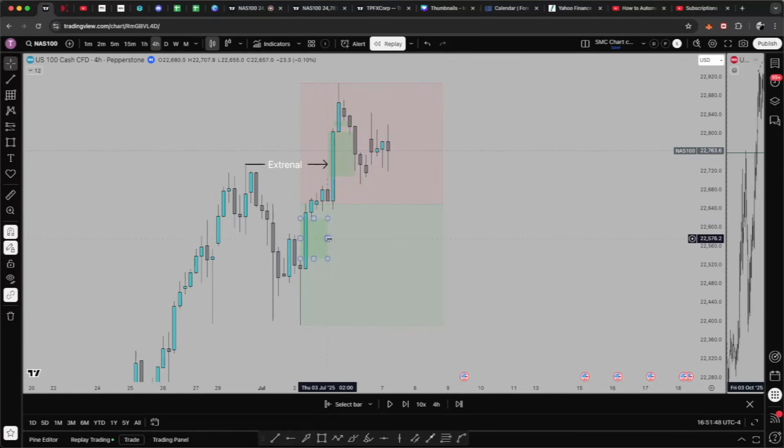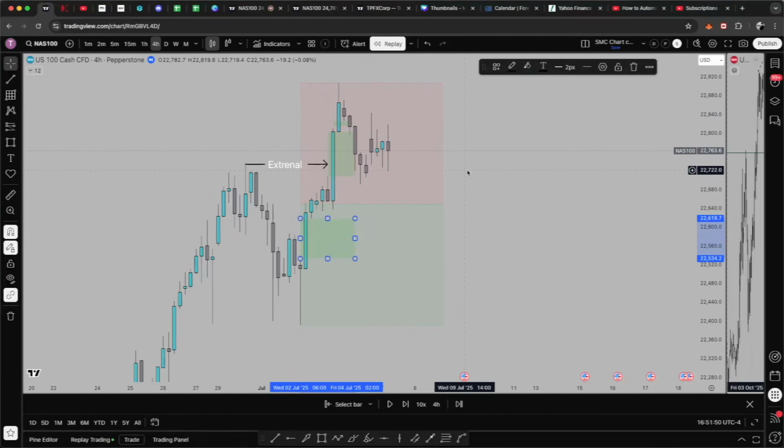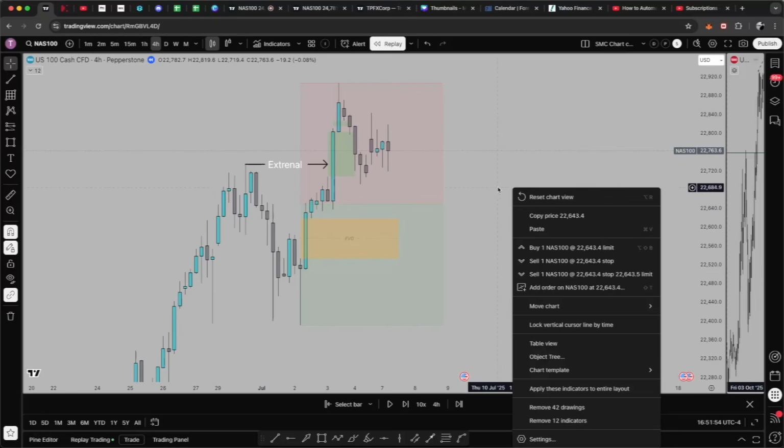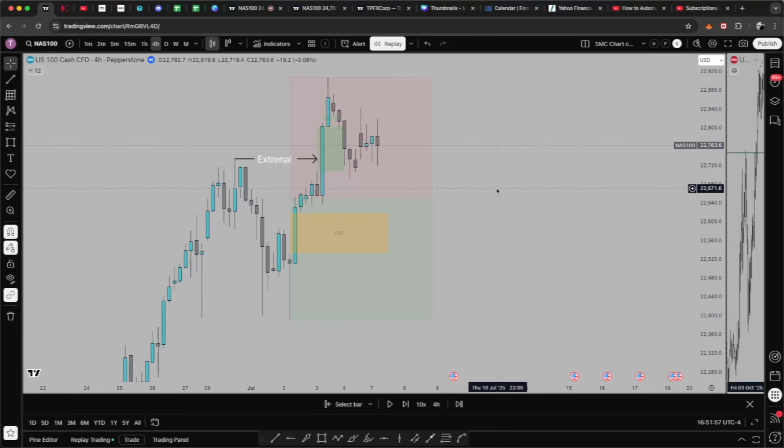Now, out of those three, the one that I probably want to take is this one right here. Why? Because that's in discount. Remember, we buy from discount, and we sell from premium. So